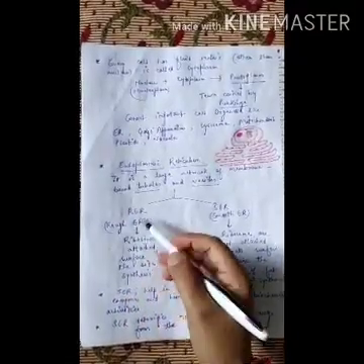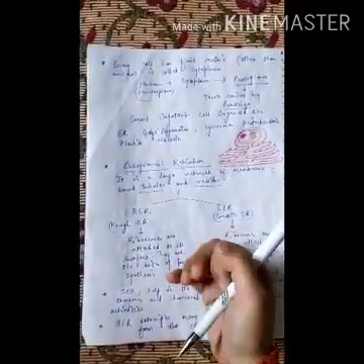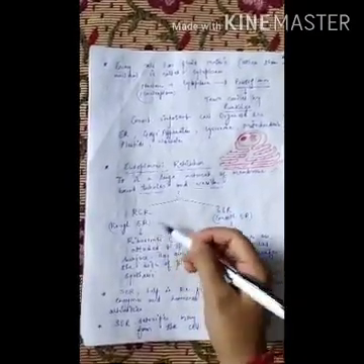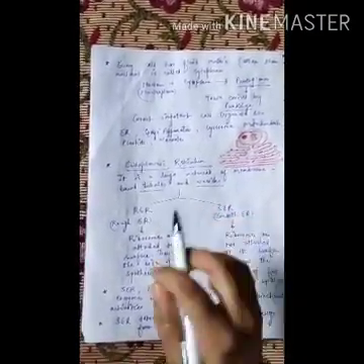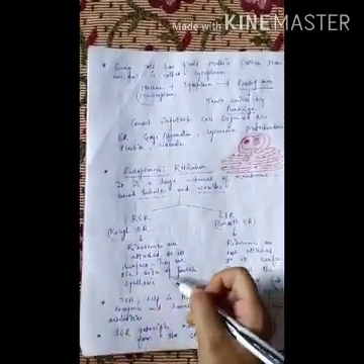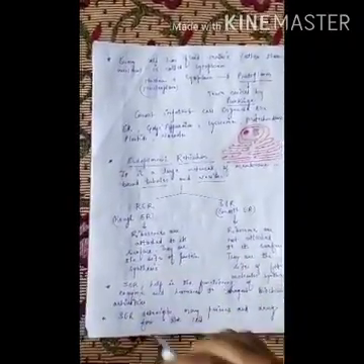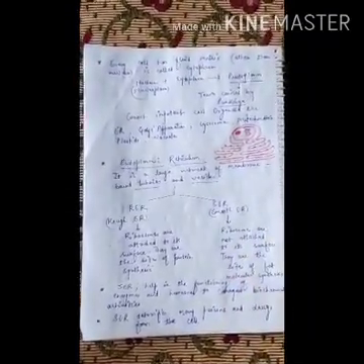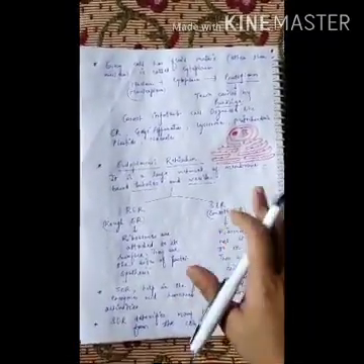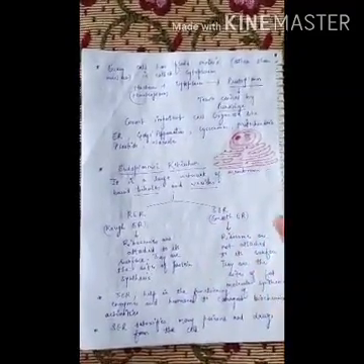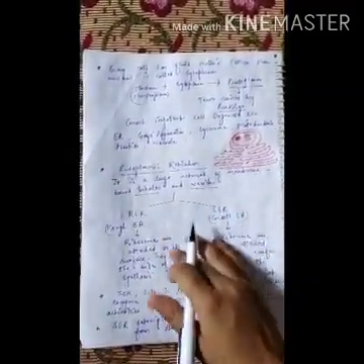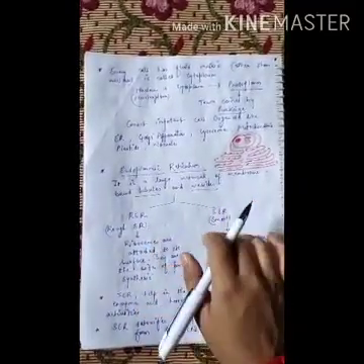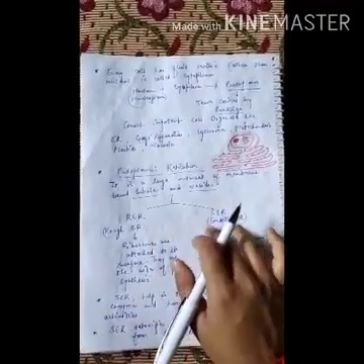RER means rough endoplasmic reticulum. They are called rough because ribosomes are attached to their surface, and they are the sites of protein synthesis. And SER, that is smooth endoplasmic reticulum, has no ribosomes attached to its surface, and this is the site where fat molecules are synthesized. So this is the difference between the RER and SER. Both are types of endoplasmic reticulum, and both are found in every cell.